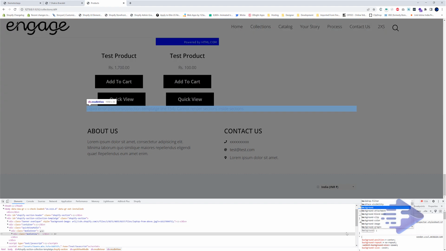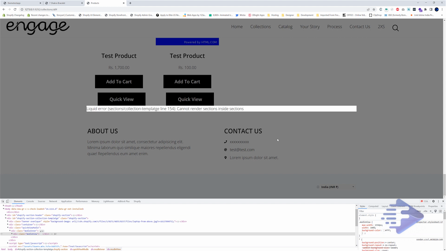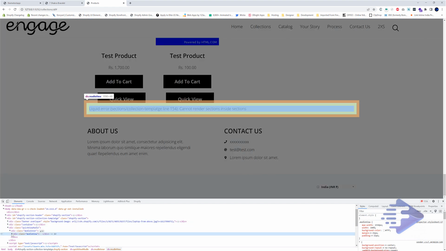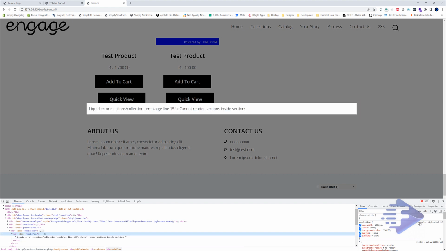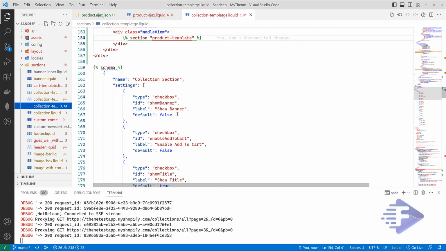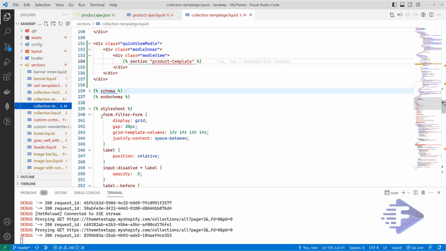Background color will be white, margin will be 15 pixel, padding will be also 15 pixel, yep, that's pretty much everything we want. Let's copy this and paste over here.